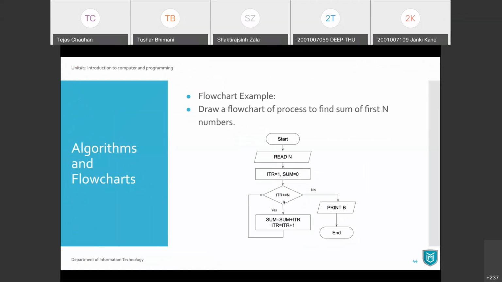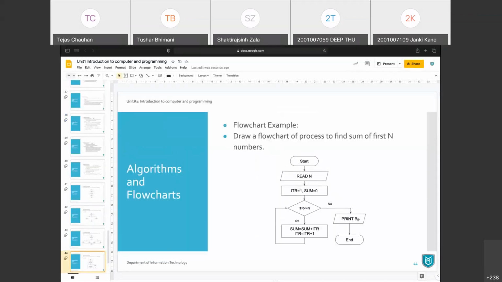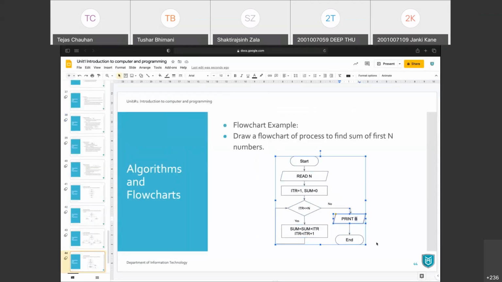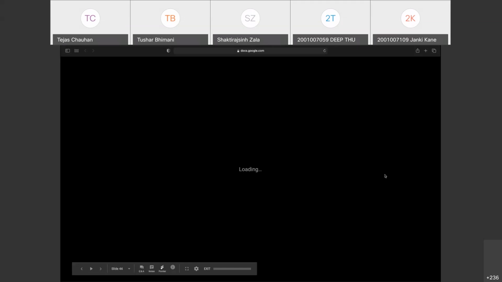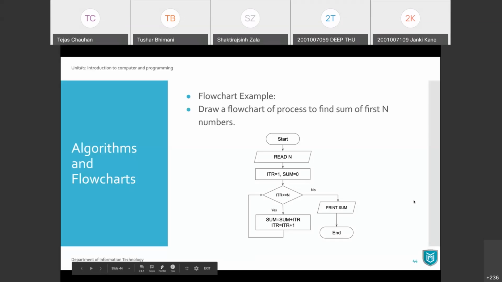If yes, you perform this calculation. If no, you are done with that iteration process. So when you are done, you have your final answer. You should print your sum at this place, not B, but print sum here. So your final answer is inside your sum, and then you print it and end.